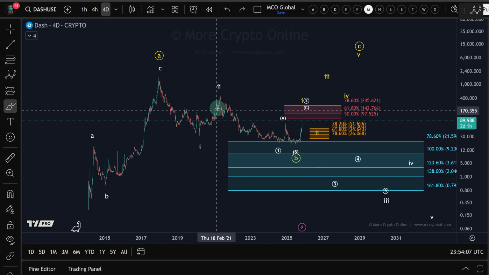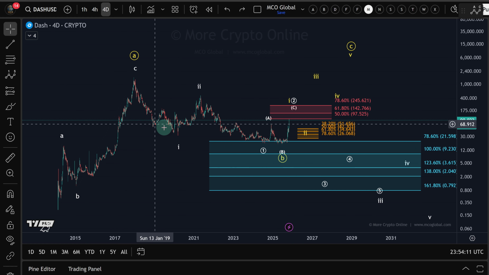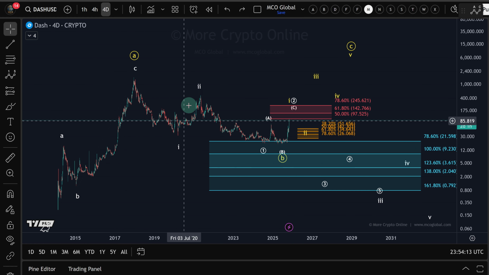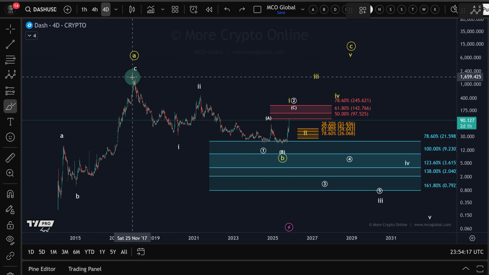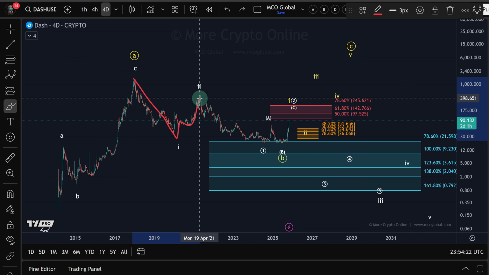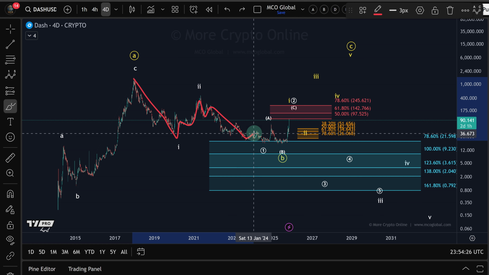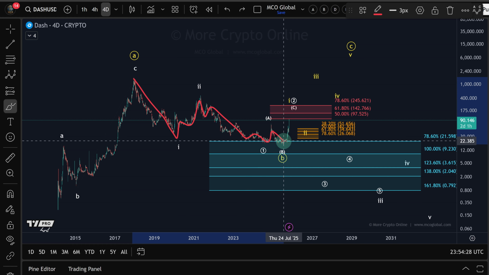It is clearly a 3-wave move down, but when it's shorter than the first one, it often is a 1-2 setup to the downside. So we have actually 5 waves down in wave 1, a clear 3-wave move up in wave 2, then another 5-wave move to the downside, and a 3-wave move up,